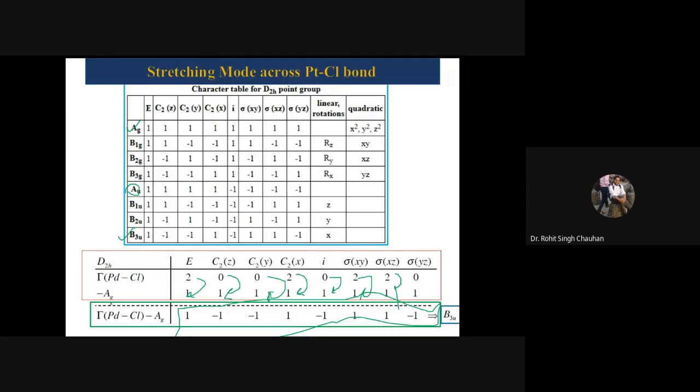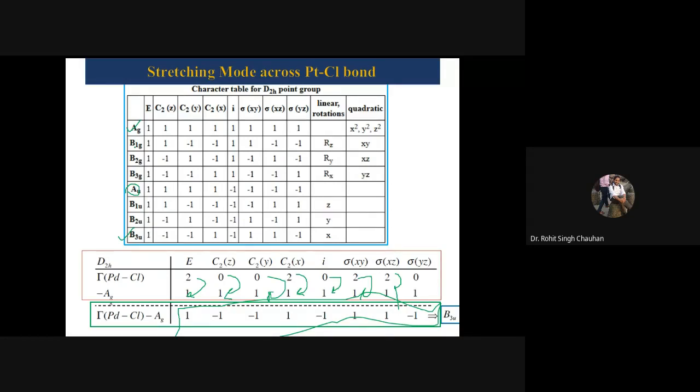Okay. Now, second thing is that like the traditional way, you apply on every Mulliken symbol, and I think for the rest of the things you are going to get 0. Or to save the time, you subtract it. See, sometimes the problem is that after subtracting you will get something which is not present in your character table. It simply means that you need to apply on every Mulliken symbol, and then you need to find out.